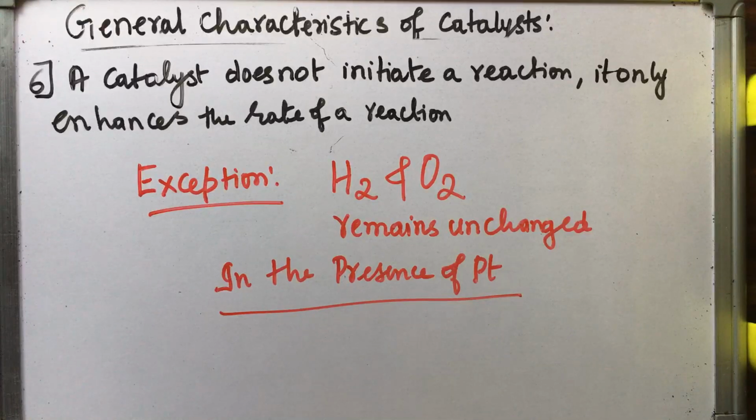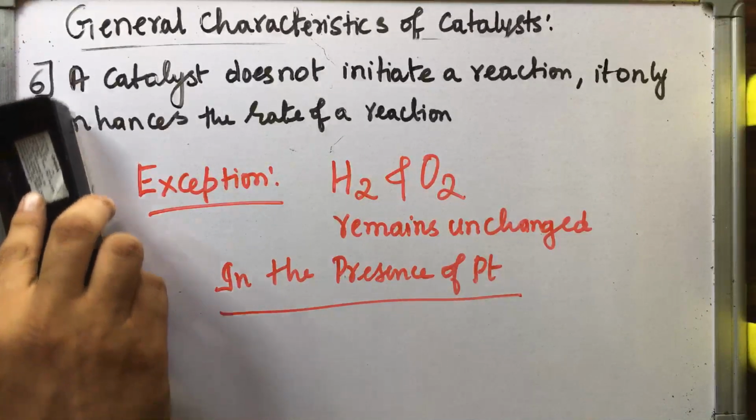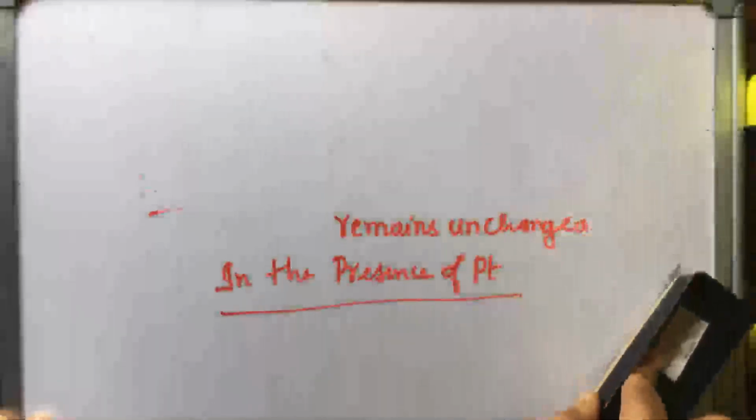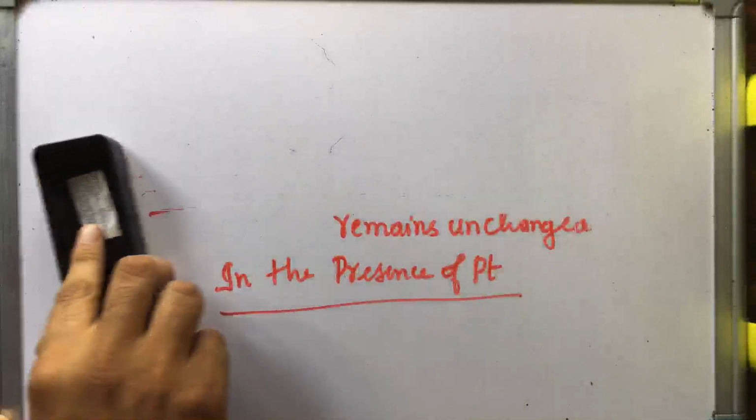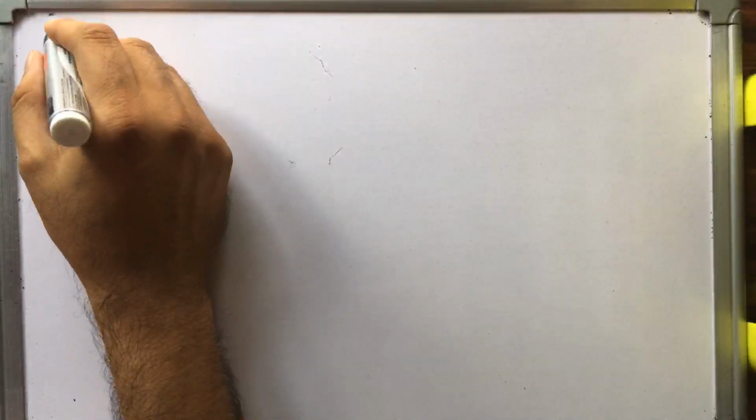Sometimes, students, in order to increase the efficiency of a catalyst, we need to add certain substances. In order to decrease the activity of a catalyst, we will also be adding certain substances. So we need to study what those substances are called. We should know the definitions of those and one or two examples.